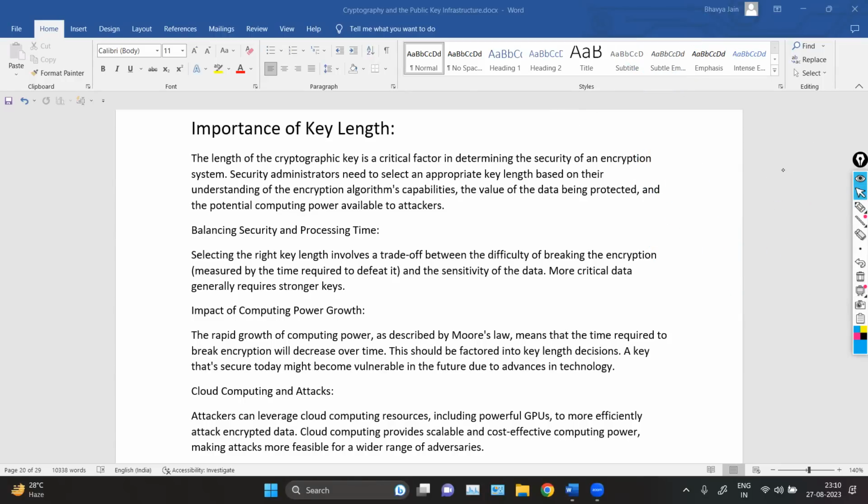So the value of the data being protected and the understanding,